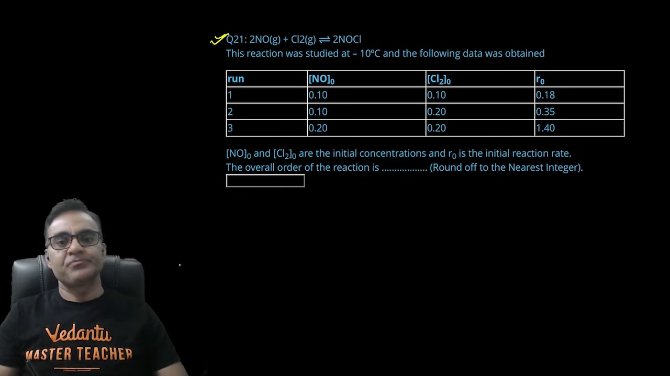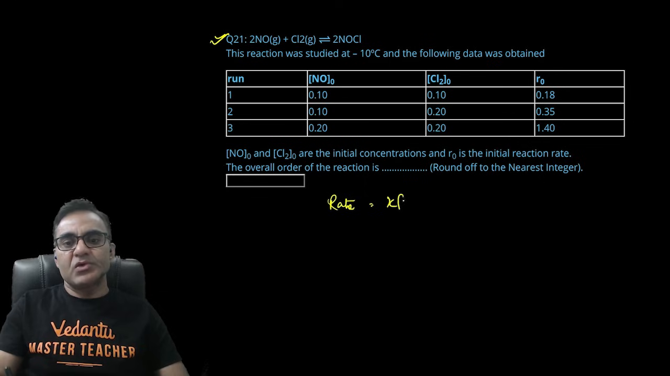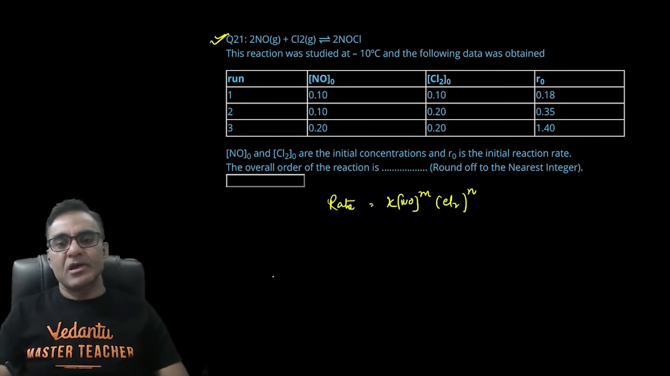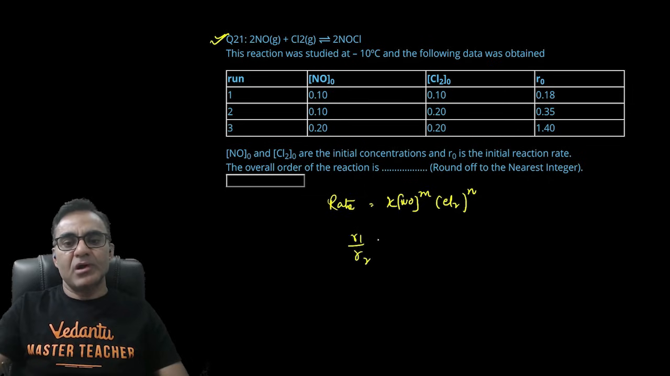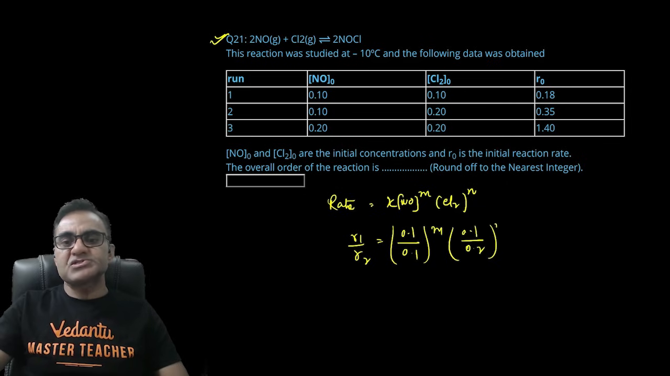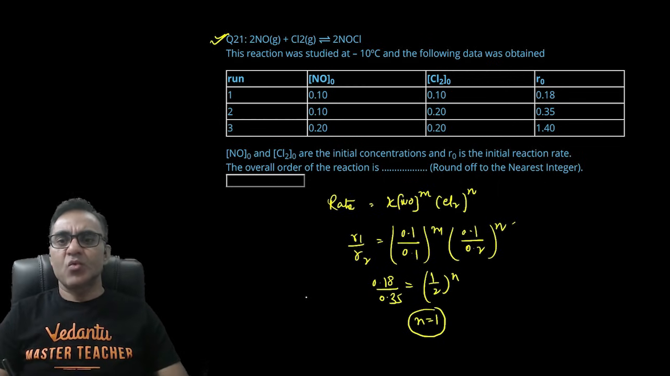ओवरऑल ऑर्डर निकाल देंगे। ऑलराइट, तो हम सिंपली मान लेते हैं कि रेट कैन बी रिटन एज K इंटू [NO]^m [Cl2]^n. M and n are order of reaction with respect to NO and Cl2. If we pick up the experiment 1 and 2, तो can I write R1 upon R2 is equal to NO का कॉन्सेंट्रेशन इनिशियली 0.1 है, ये भी 0.1 है, कांस्टेंट है ये। क्लोरीन का कॉन्सेंट्रेशन 0.1 अपॉन 0.2 रेज टू द पावर n। R1 अपॉन R2 0.18 अपॉन 0.35 है, ये रफली 1/2 हो जाएगा, 1/2 रेज टू द पावर n, तो n का वैल्यू 1 आ गया, दैट मीन्स क्लोरीन के रिस्पेक्ट में ऑर्डर इज 1।